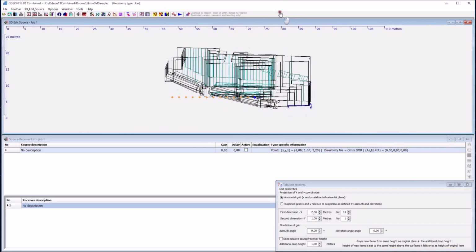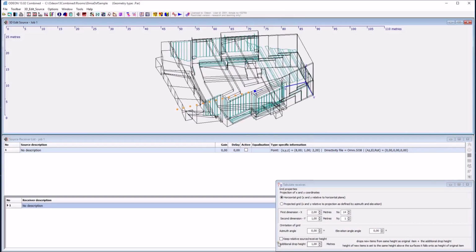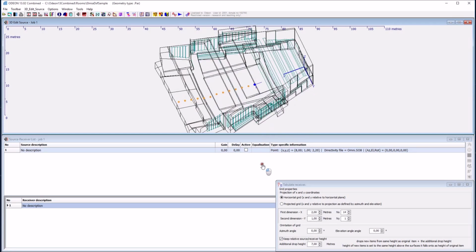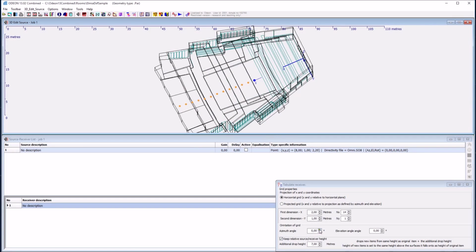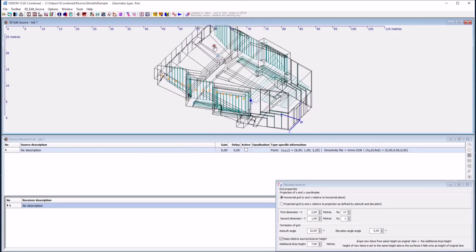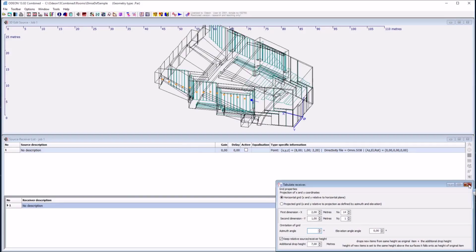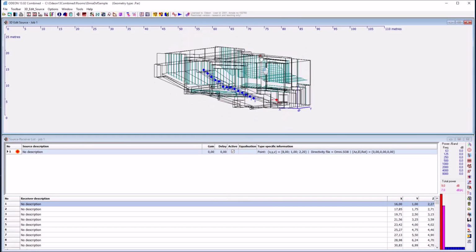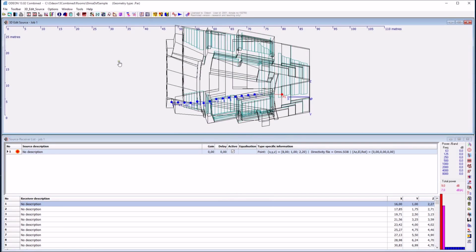You can see that they are sticking outside the geometry, but what we can do is let them fall from a higher height. So if we drop them onto the audience area, then they will be at the same height as the original receiver. So we have a line of receivers here. We can also rotate them, give them a little bit of azimuth angle, like this. And you can see that still they are at the right position. So that's not too bad. So let's save these receivers, and we have now defined sources and some receiver positions, and we are ready to go.